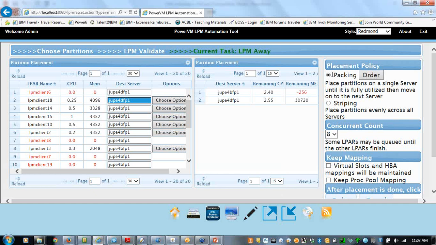So we pack by CPU size. There's other theories out there that maybe you ought to pack by memory size. And then there's the hypervisor actually does placement by both memory and CPU. So right now I have CPU as my deciding factor. When I pack it, I pack the biggest one first to help reduce any affinity issues that exist.